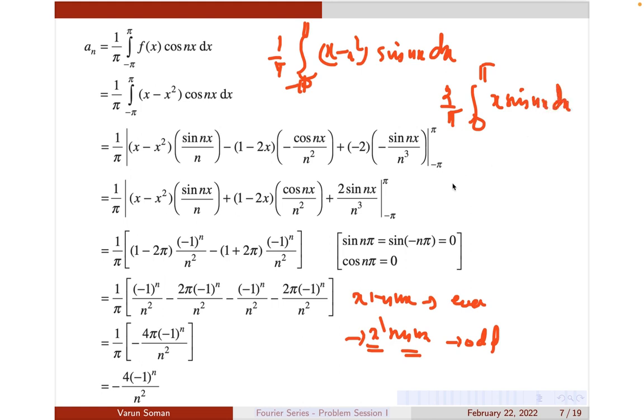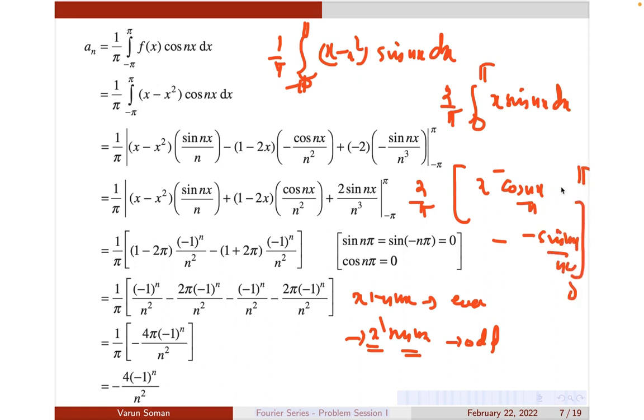Now you apply the integration by parts. So it is 2 by pi into integral x into minus cos nx by n minus, okay, derivative of x which is 1, minus sine nx by n square. So that's it. So in the limit 0 to pi, so when you give pi, you will be getting,